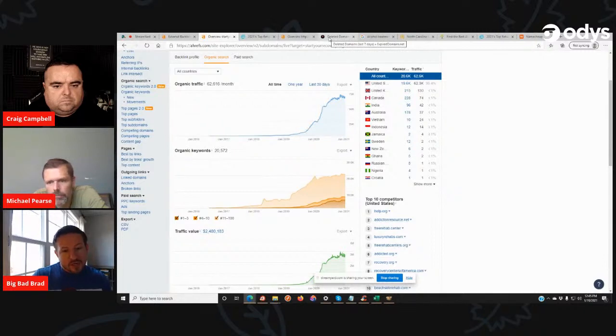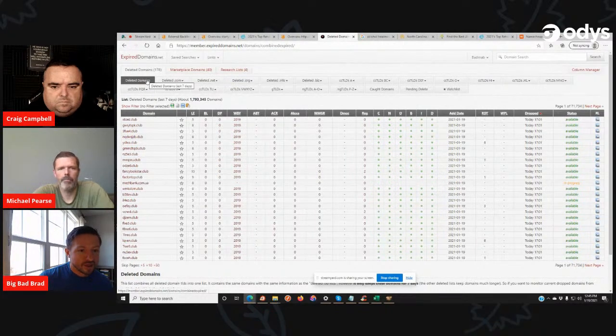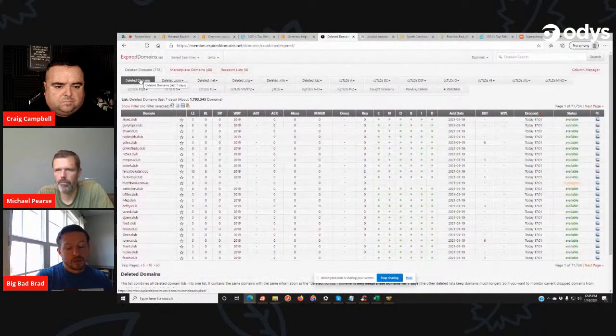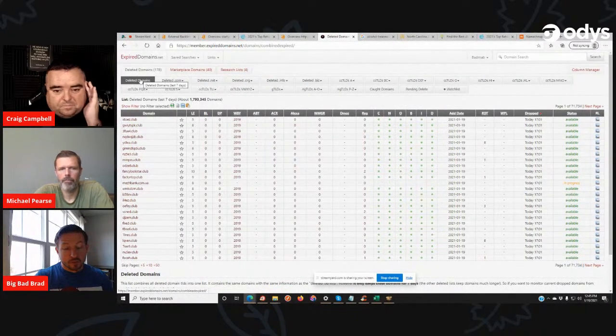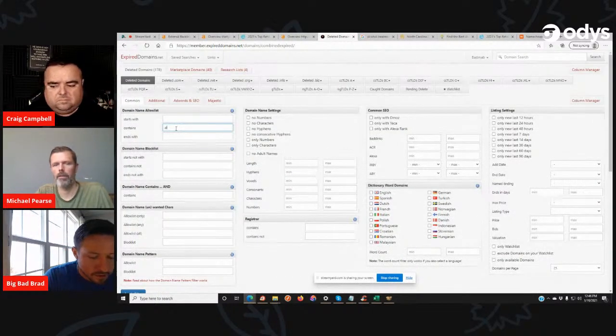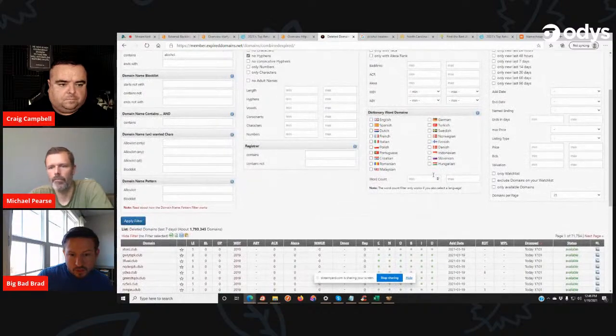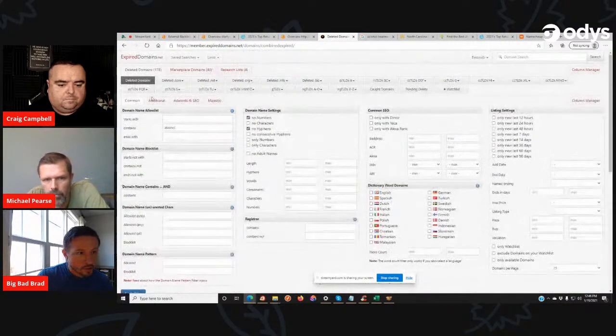If you don't want to buy Ahrefs, expiredomains.net is always an option. It's expiredomains, plural, .net. You just log in and go over here to deleted domains, and you're going to do this based on keywords. So it's going to be a mini net, a supporting site that has your keyword in the domain. So I might just search for contains, and see what we come up with. No numbers, no hyphens. Word count I don't care about.